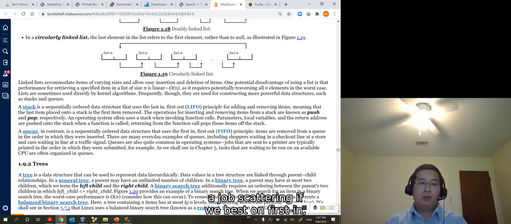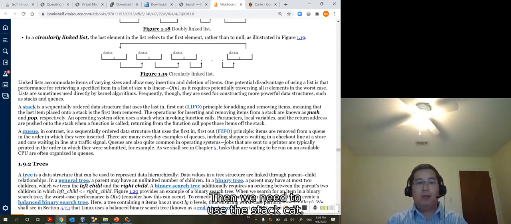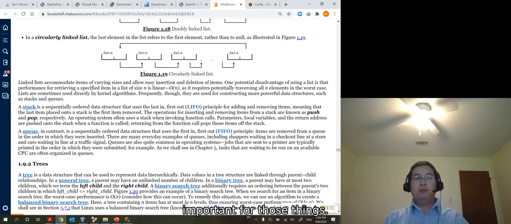For example, in job scheduling, if we base it on first come, first served, we need to maintain a queue. And if we want to use last in, first out, for example, we want to develop a scheduling algorithm where you come first but are scheduled last, then we need to use a stack.